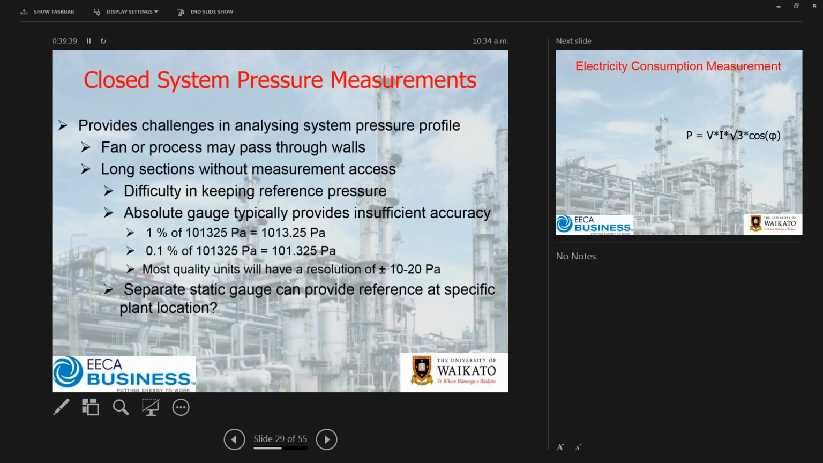So closed systems obviously provide some challenges. However, we can be sensible, and as we mentioned, you can use an absolute pressure gauge. You do need to be careful. Generally, if you get a good quality gauge, you can get a resolution of sort of 10, 20 pascals, which for most industrial applications is more than sufficient. However, as we said, it doesn't take very much height